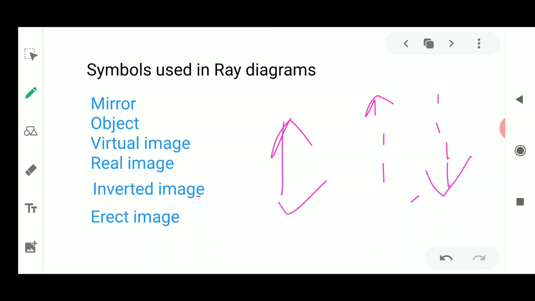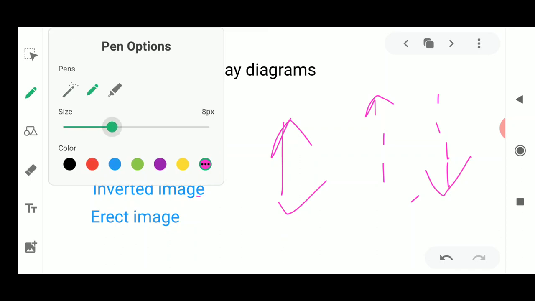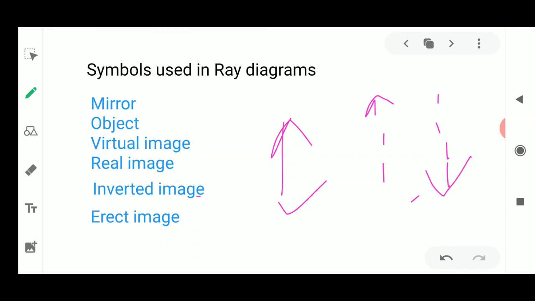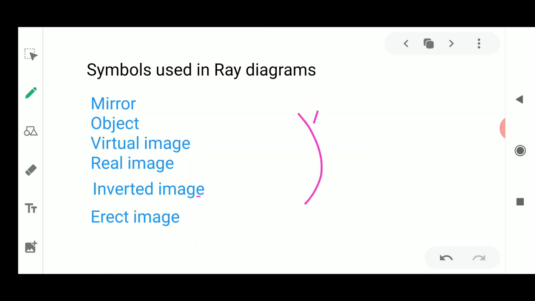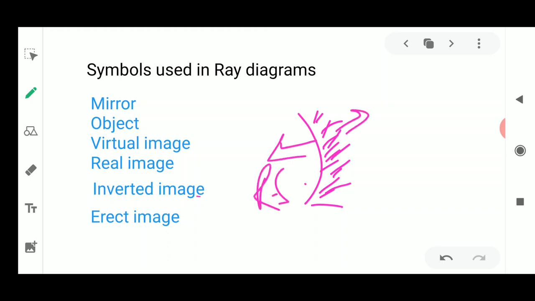So this is how you are going to make the diagram of these types of symbols which we are going to use. A mirror is always shown in the form of a single line, and the lines drawn here show the non-reflecting surface. Now next, if you have to show the types of mirrors which we are going to consider, we consider the concave mirror, where this shows the non-reflecting surface, and this one shows the reflecting surface.